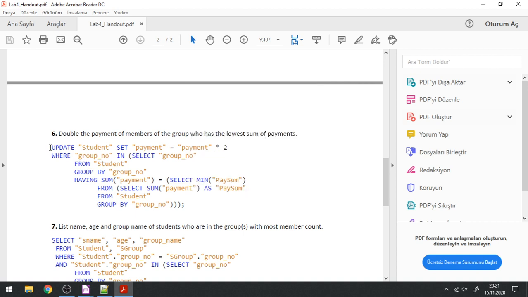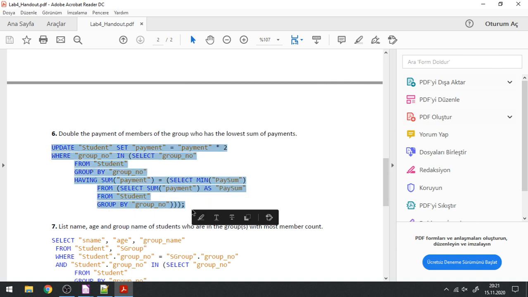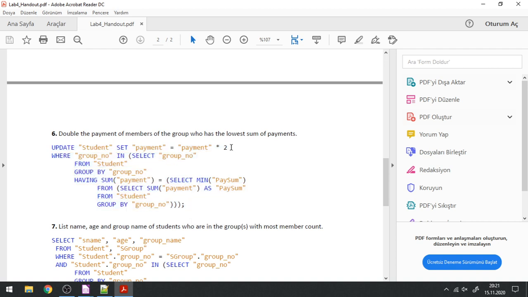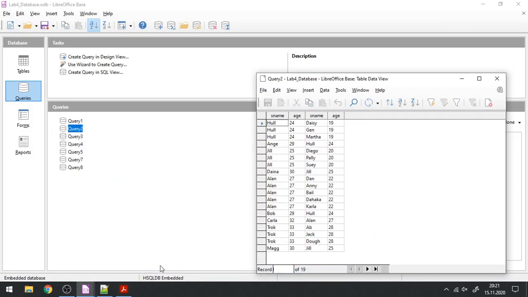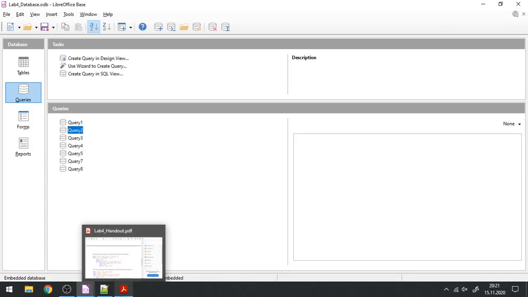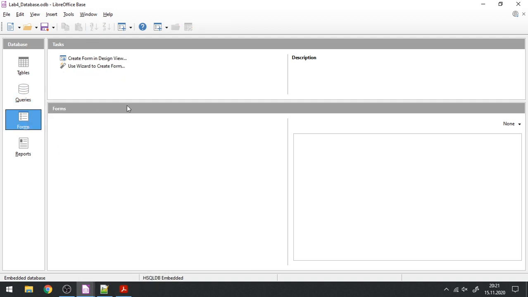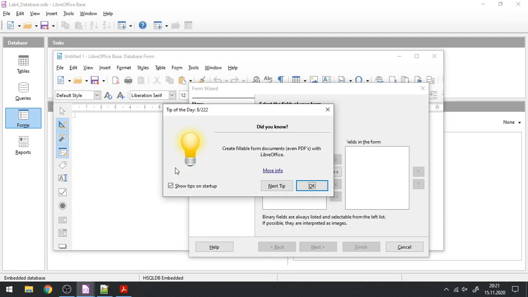And for such queries we would like to parameterize these queries. So instead of doubling the payment, it can be any factor, and this factor is going to be some parameter. And for the user to be able to easily use our database, we are going to create some forms. So for forms we have the wizards. So using the wizard, for example, we can